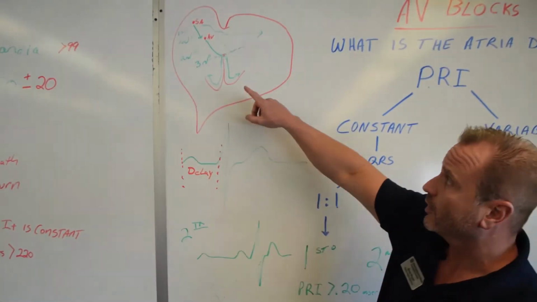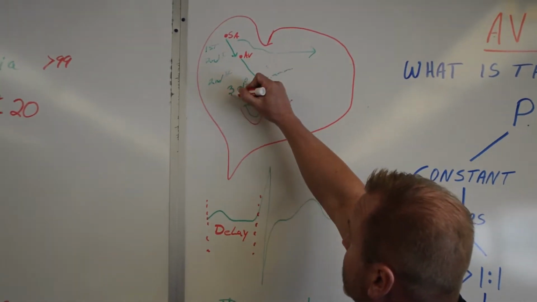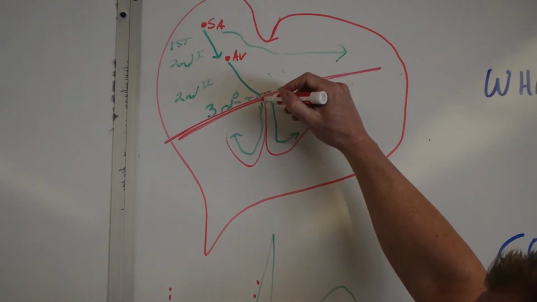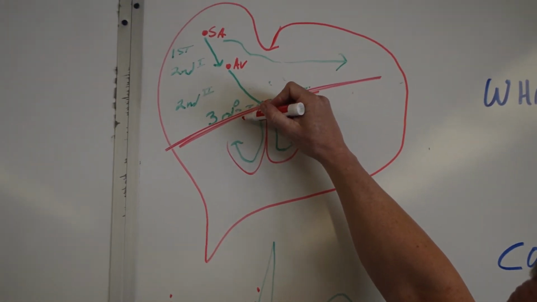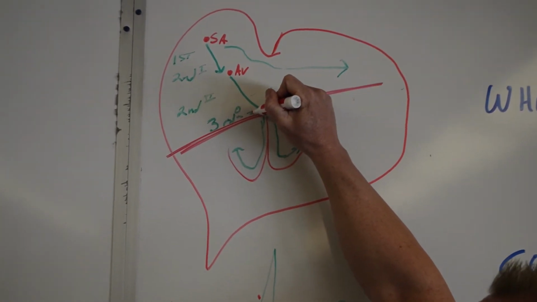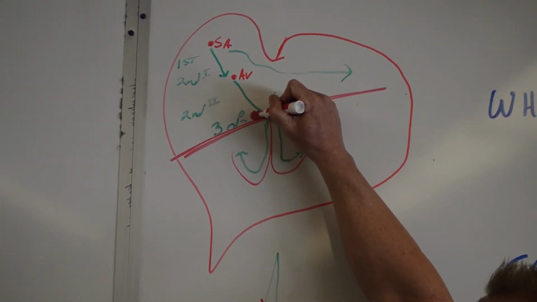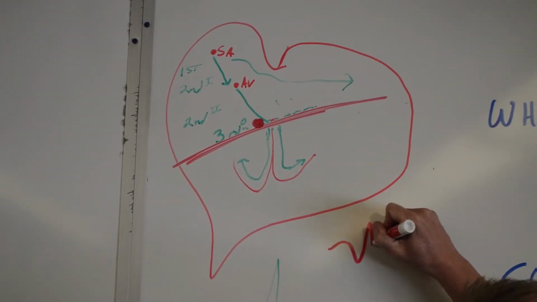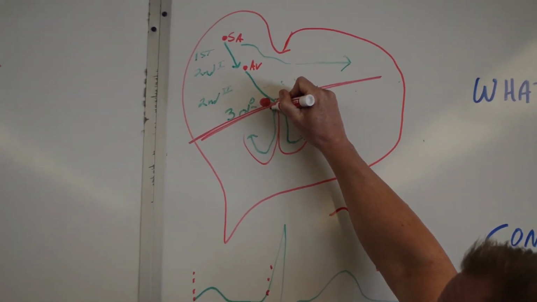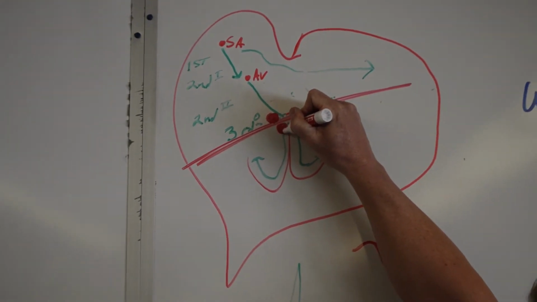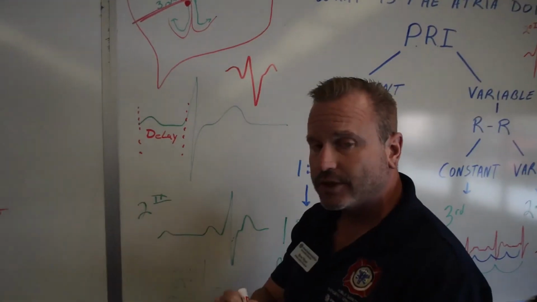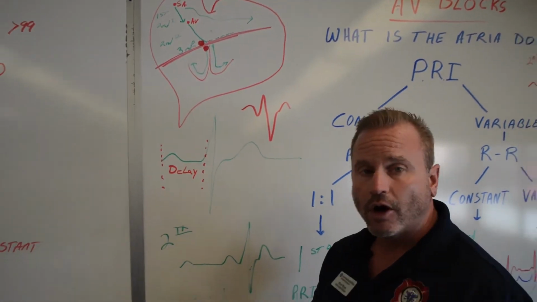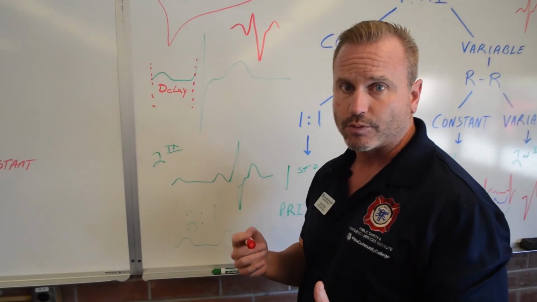So coming back up to our heart, think of a third degree as right on the border between the atria and the ventricle. Because if it's a third degree heart block and the QRSs are narrow, it's right above. It's still pretty much atrial in nature. If it's a third degree heart block and the QRSs are really wide, the block is right below the atria, okay? Why is that significant? As the block gets lower, the QRSs get wider,